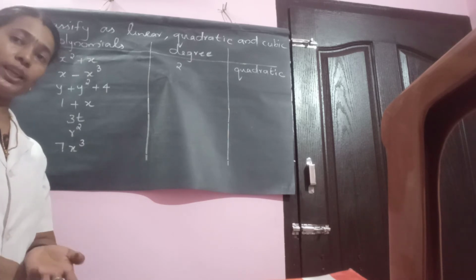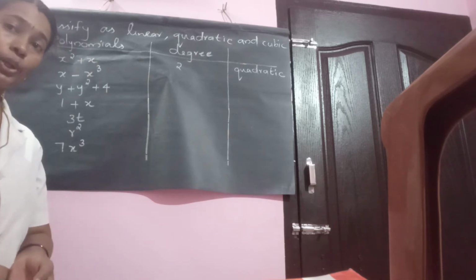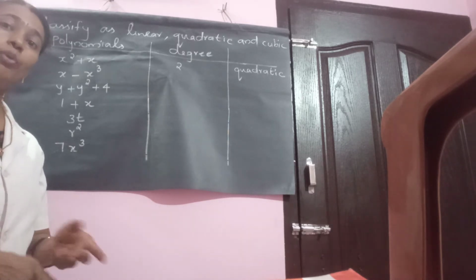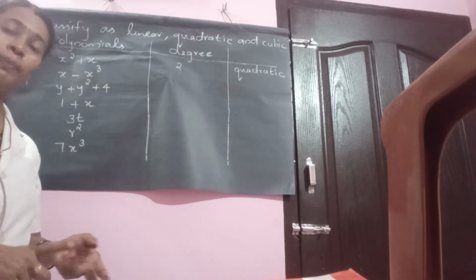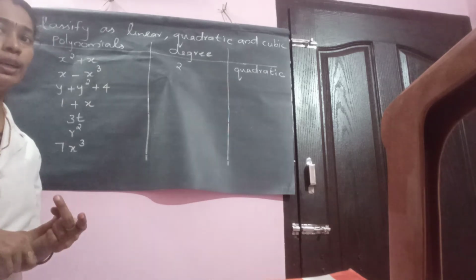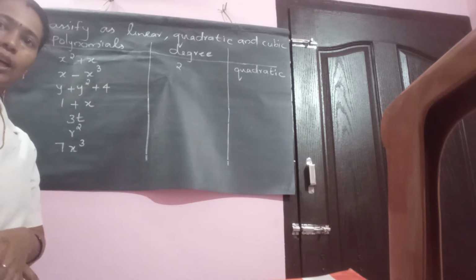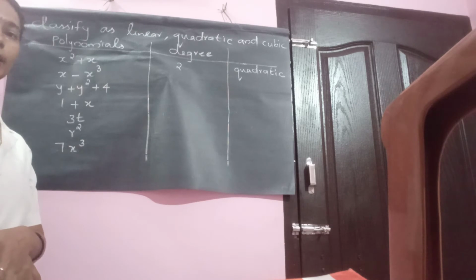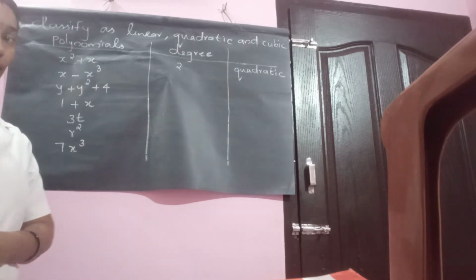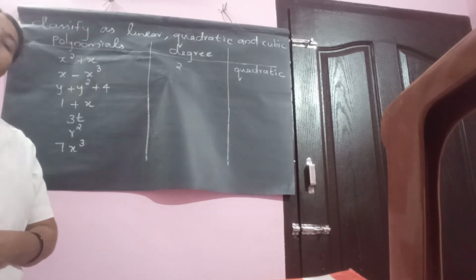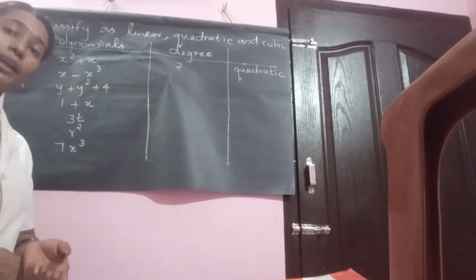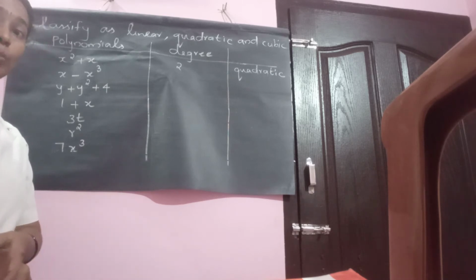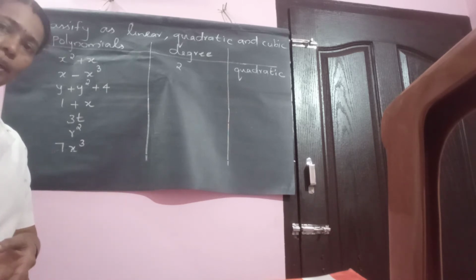What are polynomials? How can we classify them according to the number of terms: monomial, binomial, trinomial? How do we find the coefficient of a particular term, and how do we find the degree of each term in the polynomial? We have studied these, isn't it? The degree means the highest power of the variable involved in it. And polynomials are algebraic expressions in which the powers of the variables should be whole numbers, isn't it?